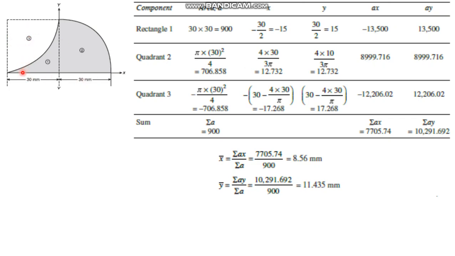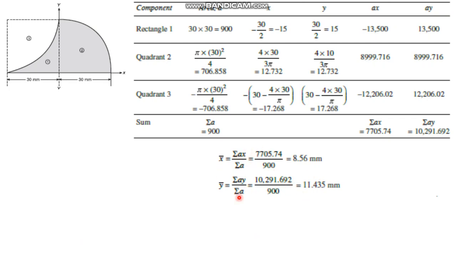And for the centroid of this third quadrant, from here it will be 30 minus 4r by 3 pi once again. Then multiply with A into x2, A into x3 you will get this. Similarly, negative into negative you will get this, which is positive actually. Okay, so you make a correction here: this will be negative, so you reverse these two things. Therefore you will have x bar and y bar as the answer.